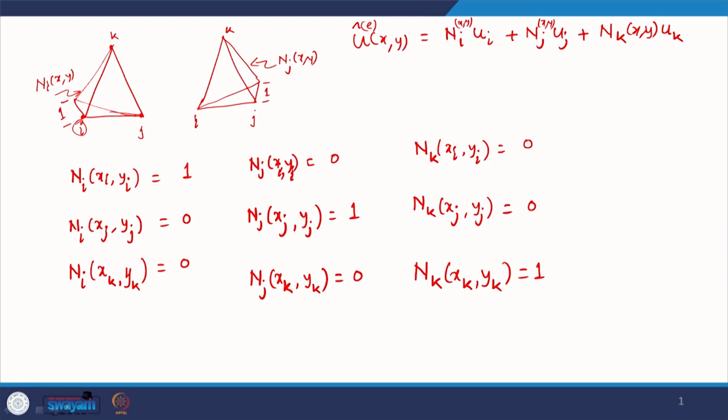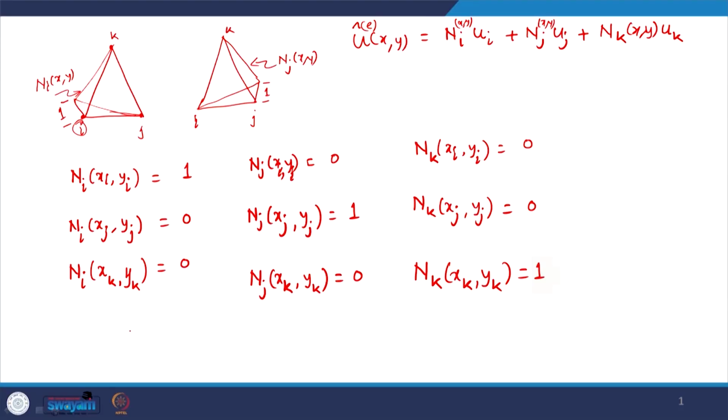First order derivative should exist, that means I need to have first degree polynomial terms in this expression. So, what are the first degree polynomial terms in 2 dimensions? x and y, these are the linear terms, and I also need to have one constant term, right. So, I can define this N_i